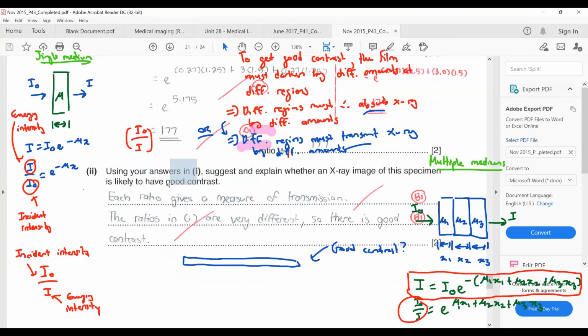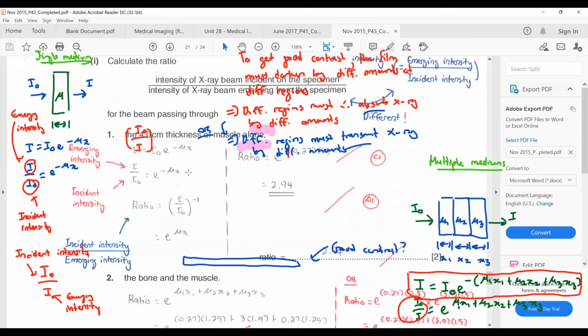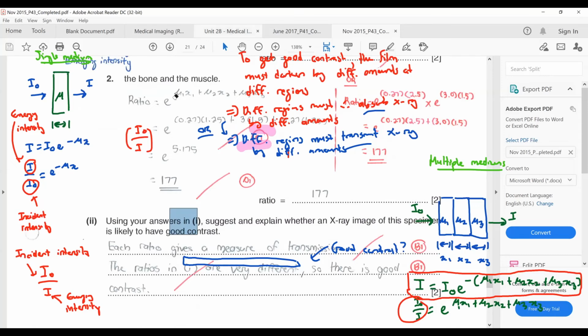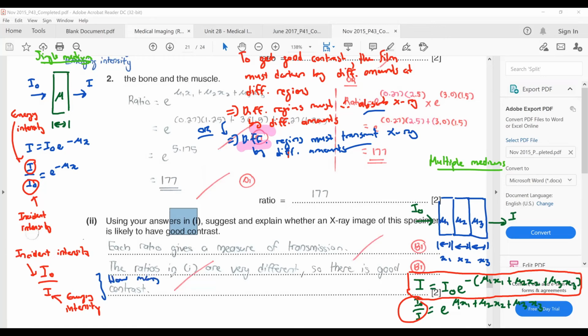Now, because they say with reference to your answer in 1, which is this one, your answer in 1 is talking about the ratio I naught to I. This ratio is actually telling you your transmission. This one is actually telling you how many times over the initial intensity is